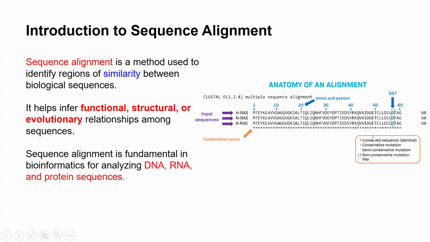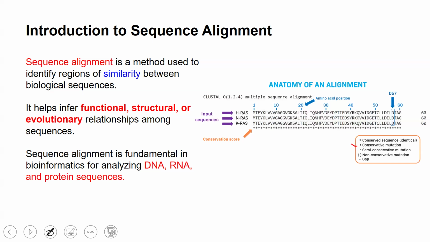So this tells you that this is 100% similar. So they have 100% regions that are similar between the biological sequences. And then if you have two dots, when you carry out any sequence alignment and you observe that there are two dots like this, so this is to tell you that